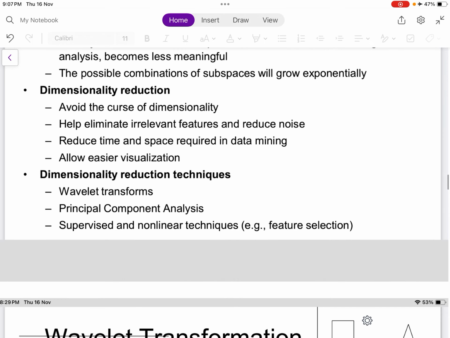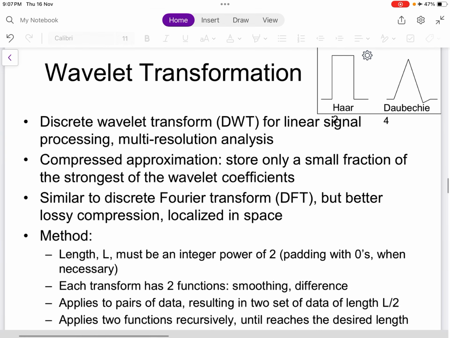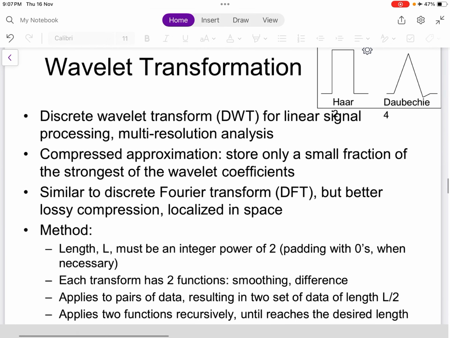Dimensionality reduction helps avoid the curse of dimensionality, eliminate irrelevant features and reduce noise. It reduces the time and space required in data mining and allows easier visualization. Techniques include wavelet transformation, principal component analysis, and supervised and non-linear techniques. So, wavelet transformation,